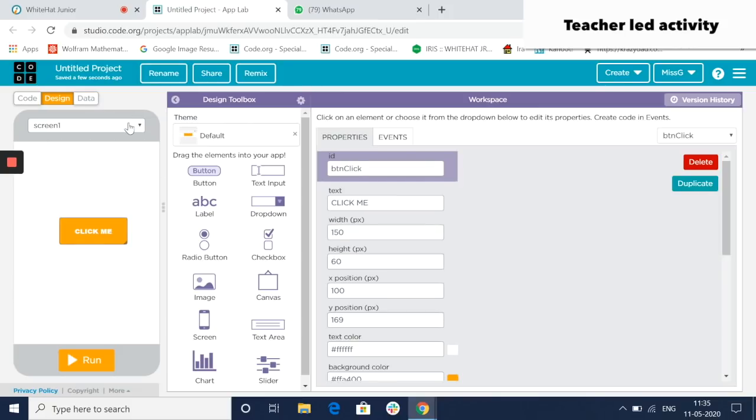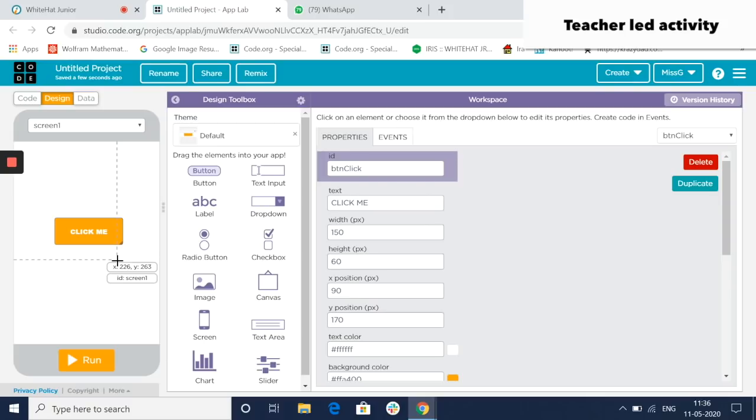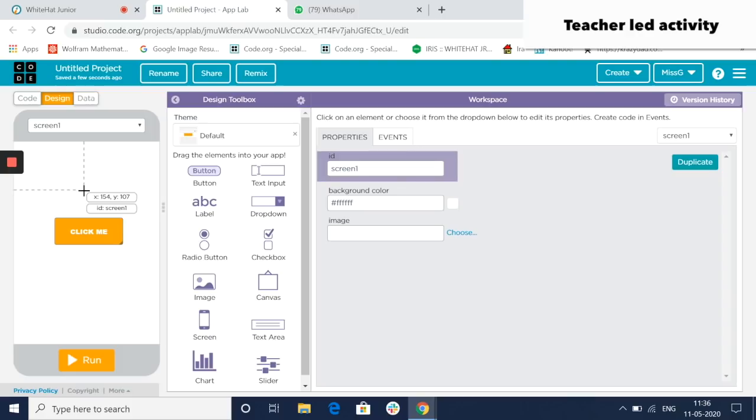We learned how to add a screen. Yes, this is where we add a new screen. We learned how to drag and drop controls from the toolbox onto the screen. Yes, we also saw that when we have controls, we can change their IDs and the text and all other properties in the properties tab. Now our designing of the app is complete. Step 1, the purpose is complete.